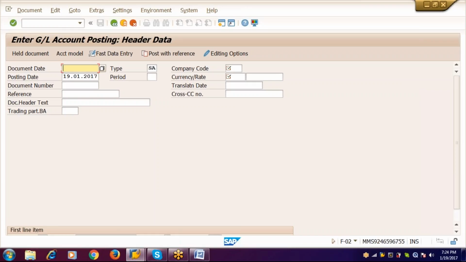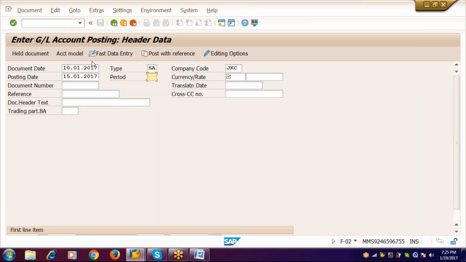Here we need to use the document date as something like 10/01/2017, and the document type is SCA and the company code is JKC. The transaction was done on 10/01/2017, but I am posting the transactions on 15/01/2017,